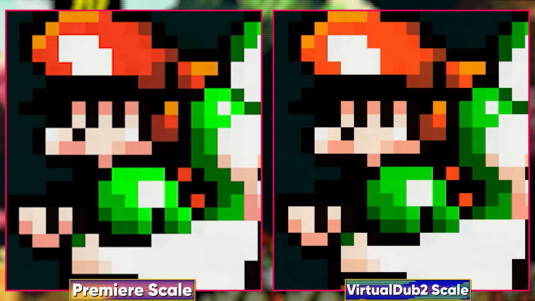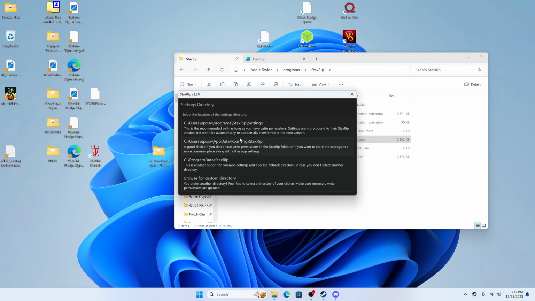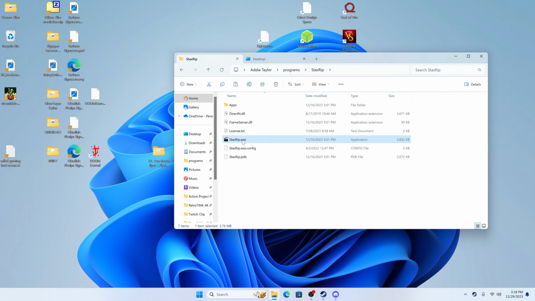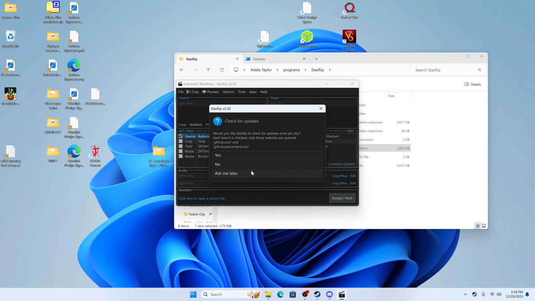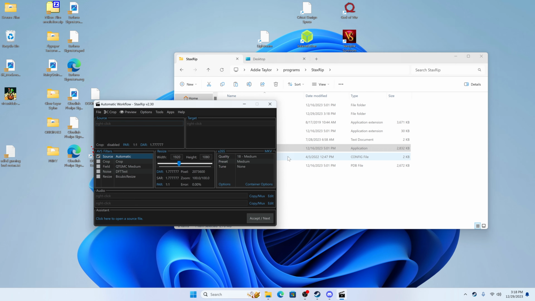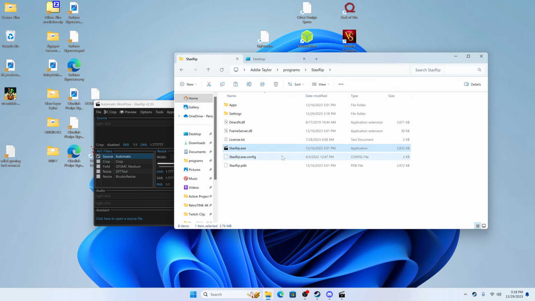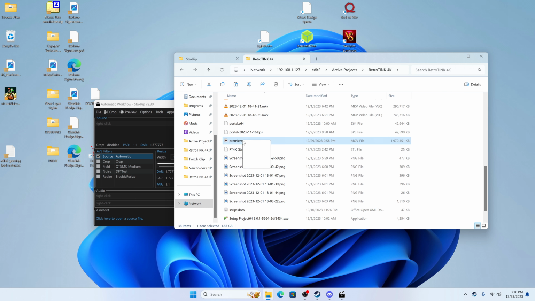Alternatively, if you want the option to do something like this, but still compress it to a GPU encoder to run a little faster and be a little smaller and stuff, we're going to use StaxRip, another free program. This one is like Handbrake in that it is a video transcoding pipeline, but it has some more kind of unique processing options that Handbrake doesn't give to you. So we're going to, again, drag in our Premiere crop,